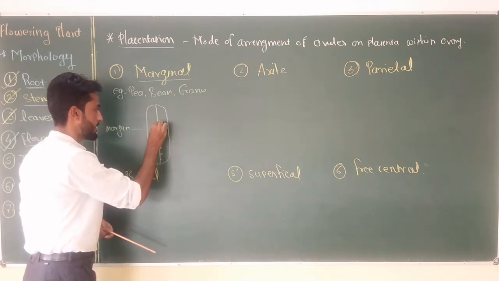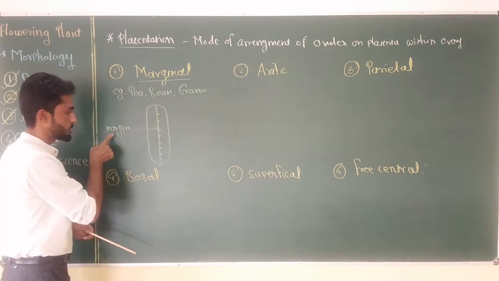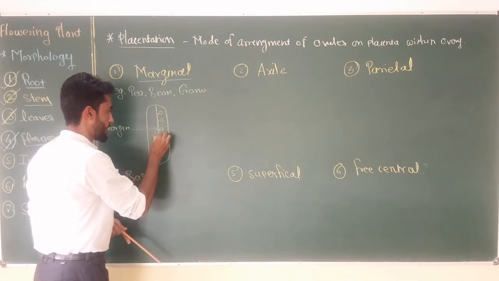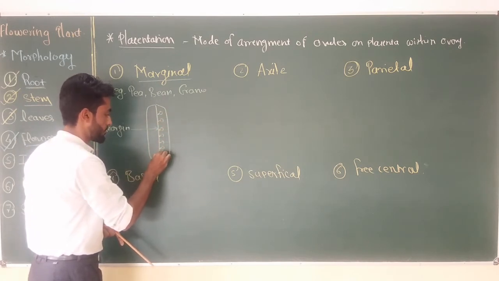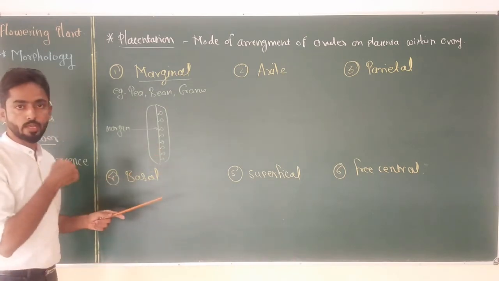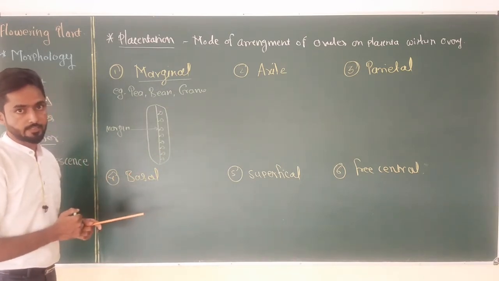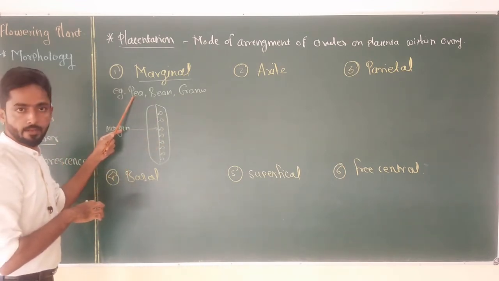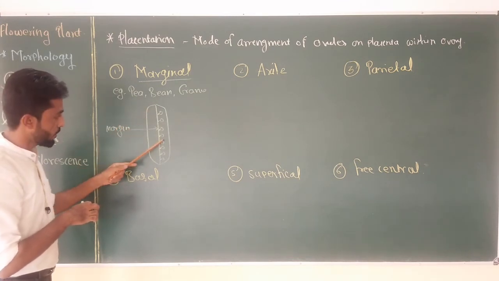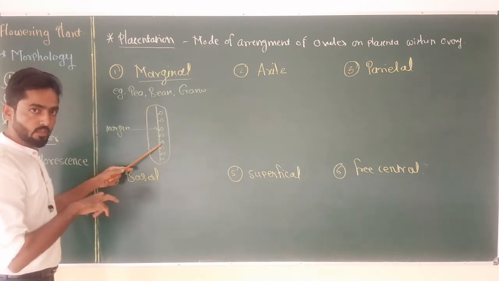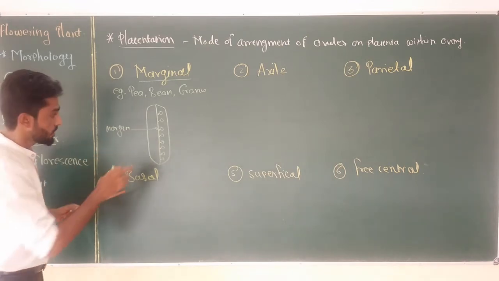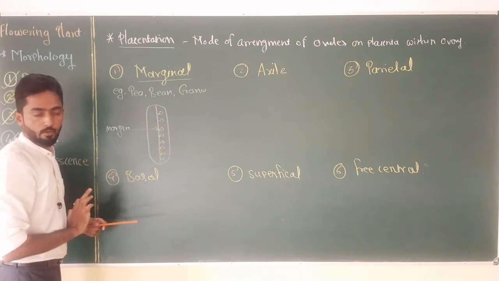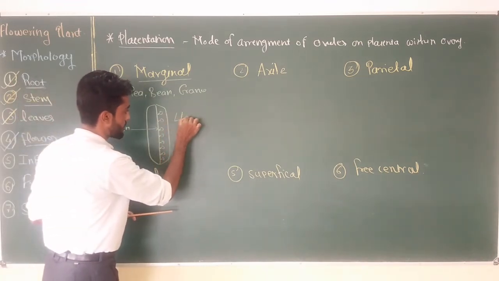Now the placenta, or small tissue-type structures, are attached to this part. That means the placenta in this type of plant is directly attached to the margin, and to the placenta ovules are attached. These ovules will get converted into seed after fertilization. This structure is easily observed inside the pod of the pea plant. Such arrangement of ovules on the placenta within the ovary is called marginal placentation, because ovules are attached to the margin with the help of placenta. This is the longitudinal section, LS, of the fruit.